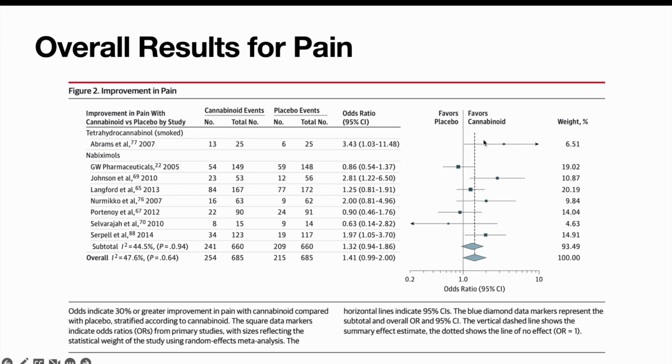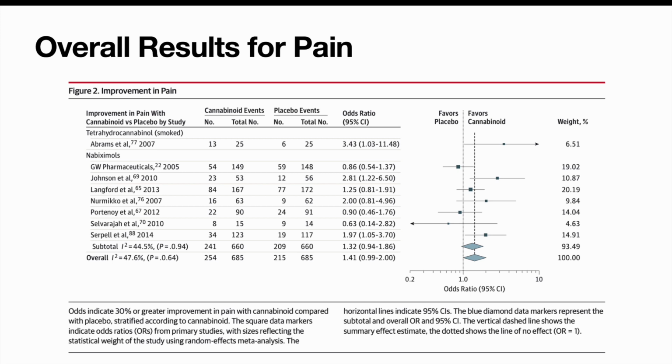So if that entire thing falls above 1.0 or to the right of the 1, that means that it favors the treatment. So we have some studies here that favor cannabinoids. If, on the other hand, our 95% confidence interval and or our mean fall to the left of the 1,